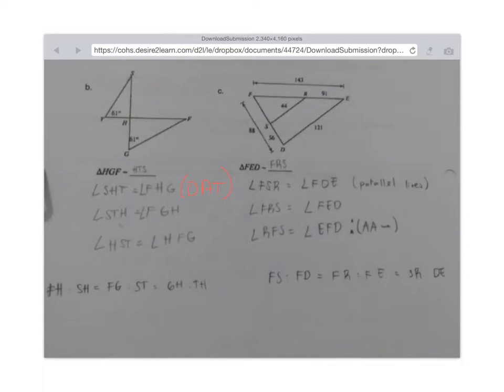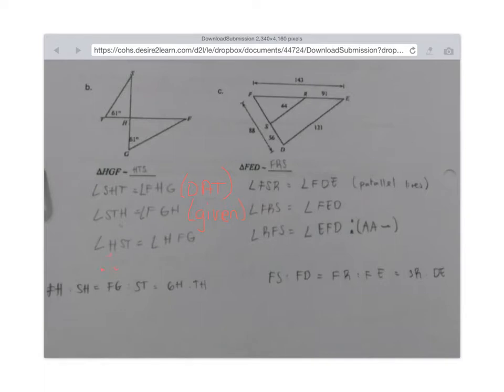And then for STH to be equal to FGH, that's also correct, and you have to say that you're given that information in the question or in the diagram, so you would put given in brackets. Now you can stop when you have two equal angles, because if all angles add up to 180 in a triangle, then if two angles are the same, the third pair of angles also have to be equal. So you can say, therefore,